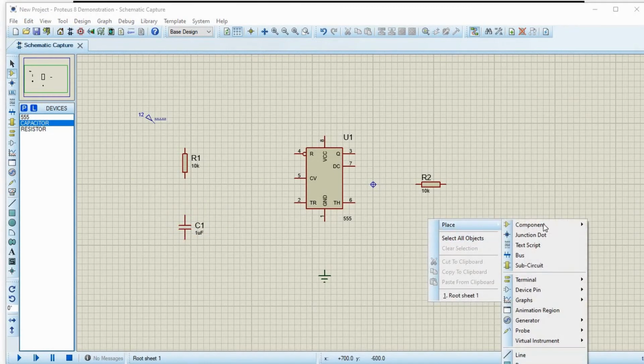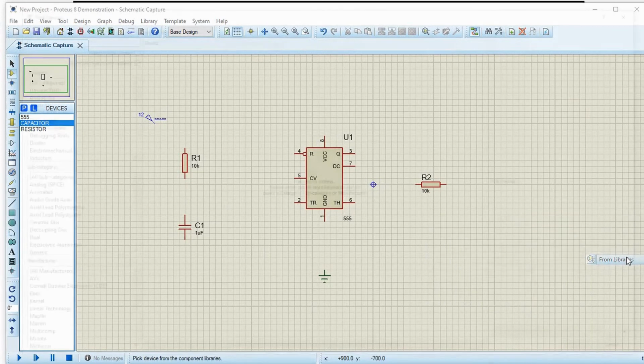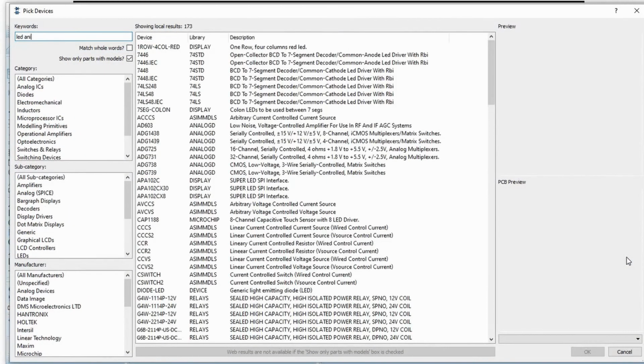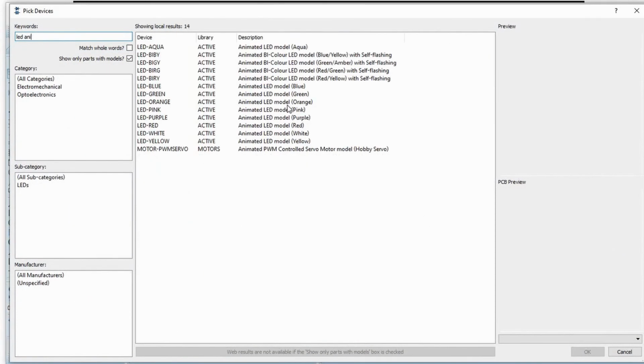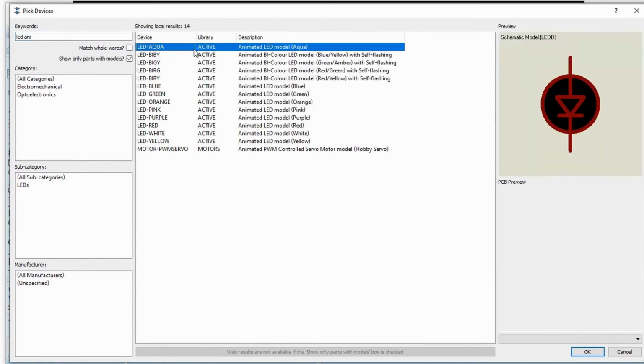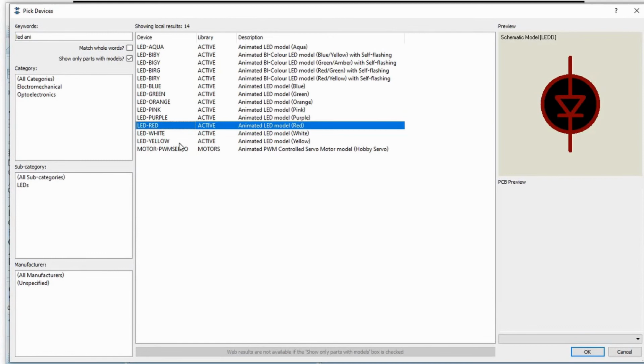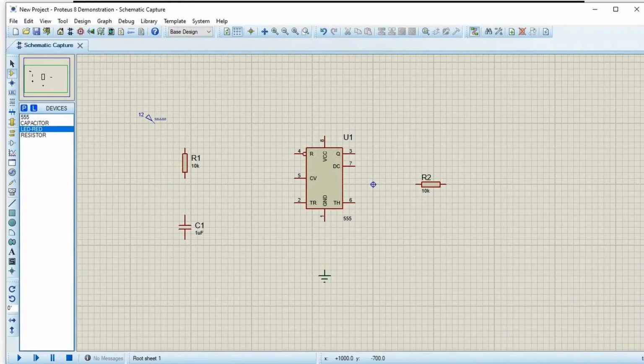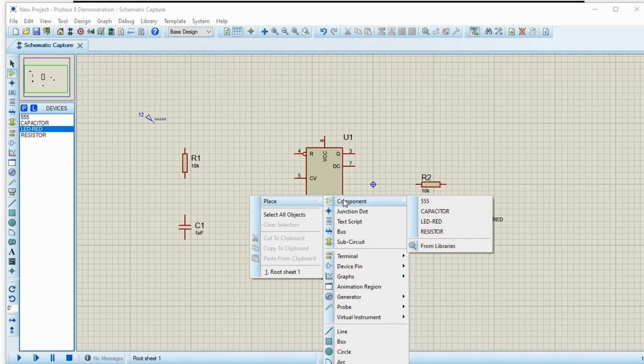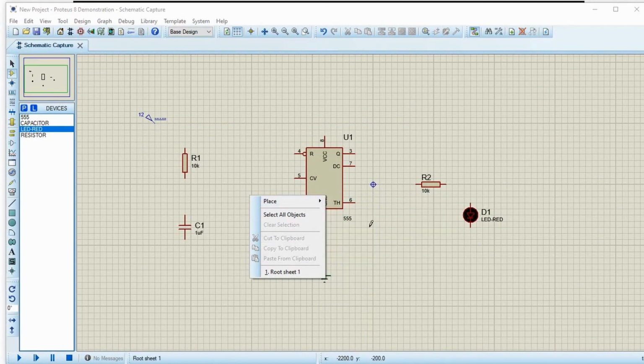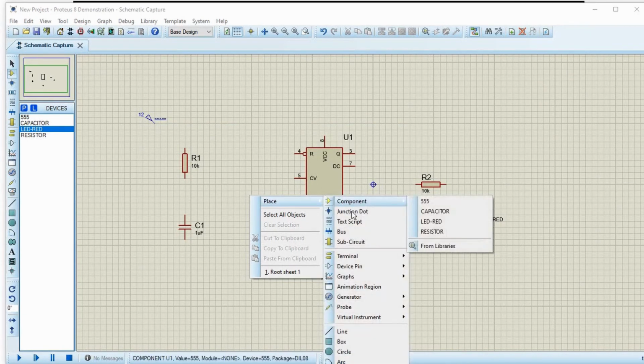And we need an LED, which is a red LED. Then to provide the trigger, we will need a switch.